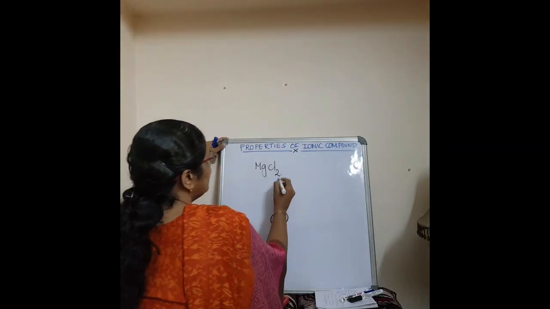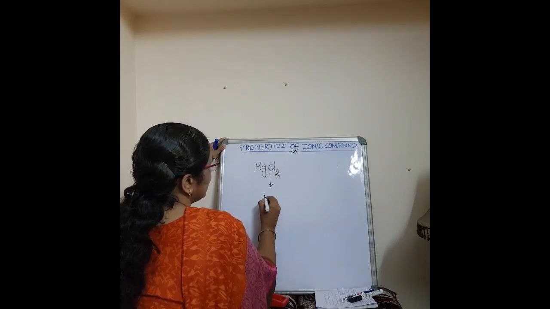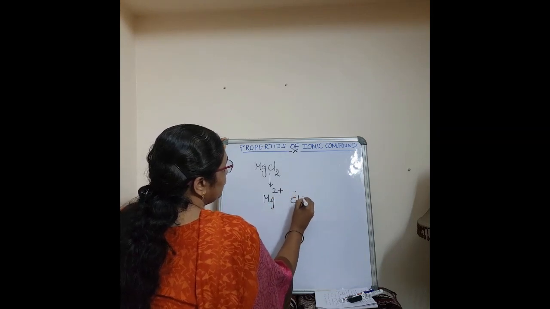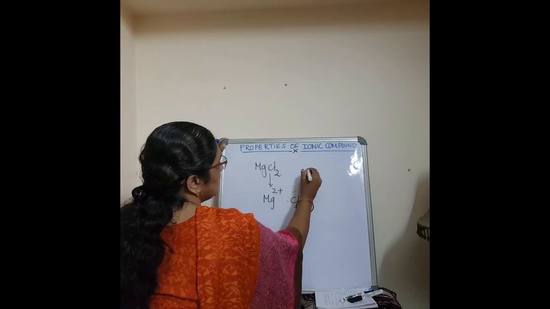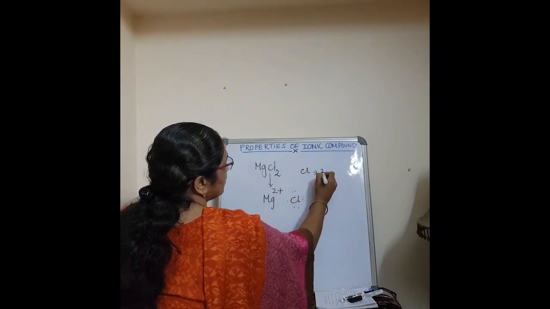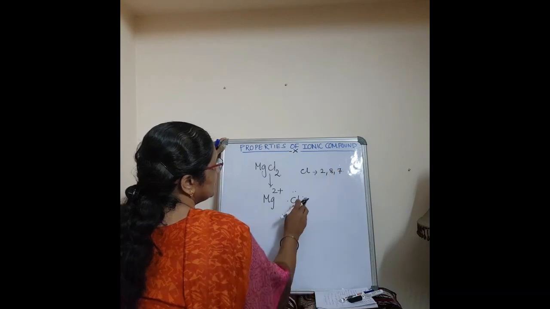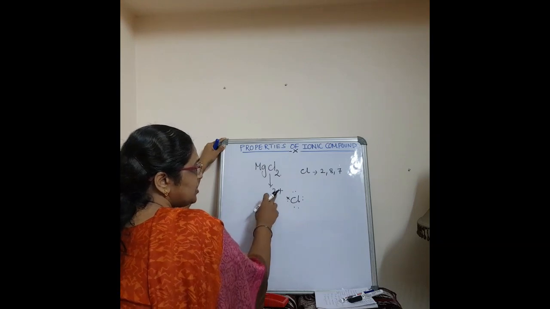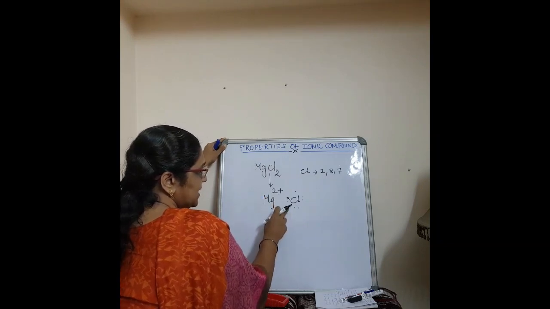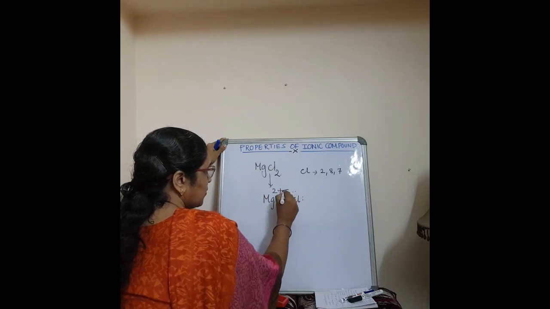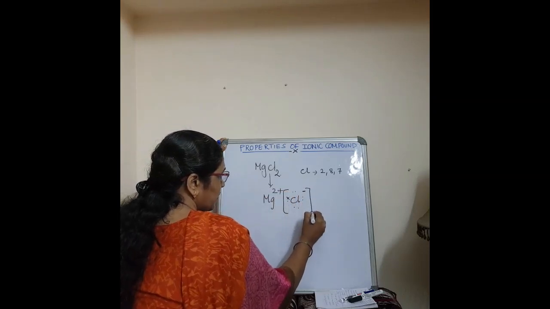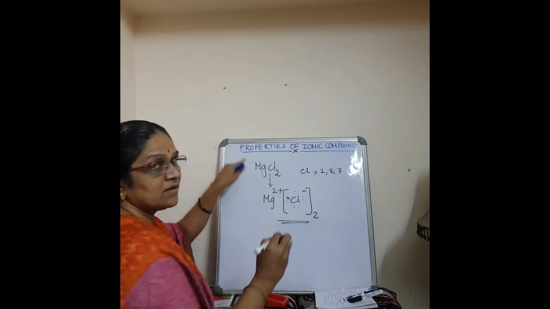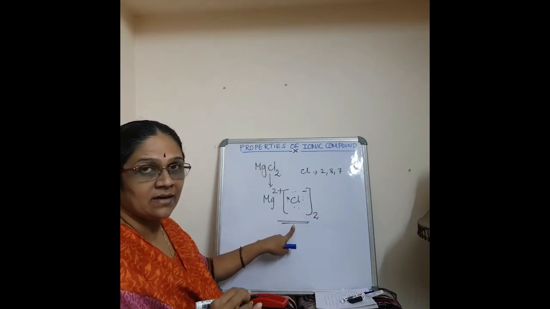Hope everybody has done it, but still I will give you the answer. It is Mg2+ and Cl2, 2, 8, 7. Why? Because chlorine's atomic number gives the electronic configuration 2, 8, 7. So 7, and from magnesium 2 electrons are coming. So you should write like this: Mg2+ and 2 chlorines should come. For 1 chlorine there is a 1 minus charge, so for 2 chlorines you have to put it like this. It's very important. Hope we have done it correctly.